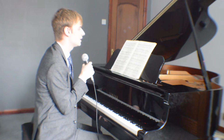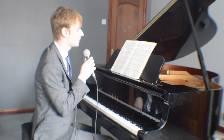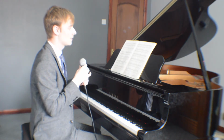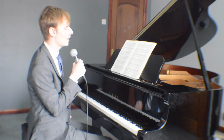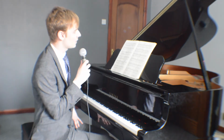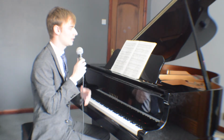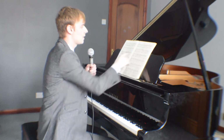Okay, and then the right hand in this section, obviously it's full on, it's very technically difficult. So what we need to do is just practice it really slowly with a metronome and divide it up so you can do rhythm exercises on it. In this case, things are almost divided in threes, so you've got a triplet feel there. So what we should do is just divide it. Let's demonstrate this. So for instance, if we take the first set of triplets in bar 48,